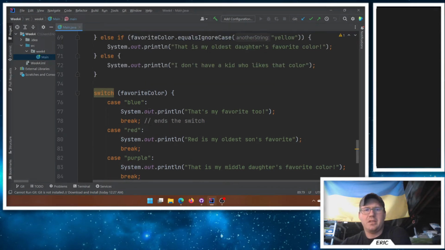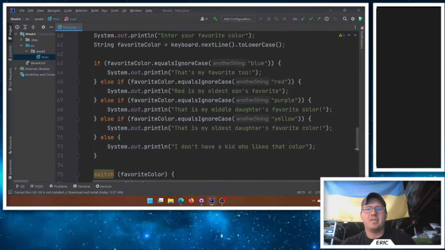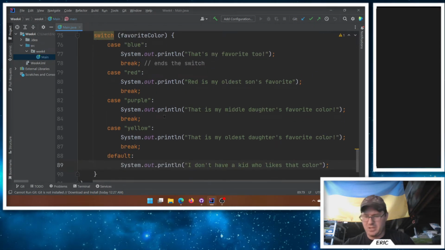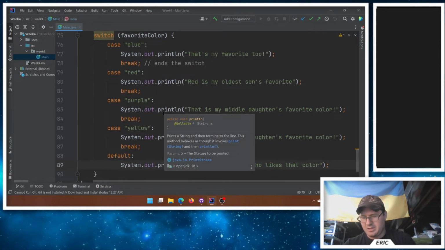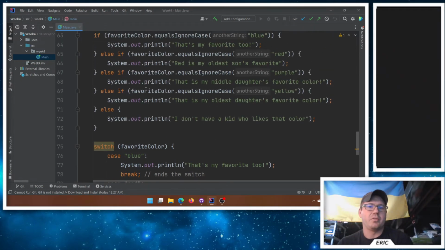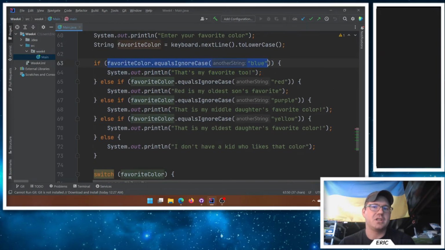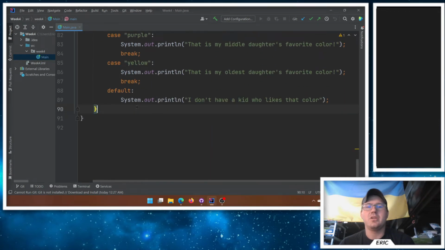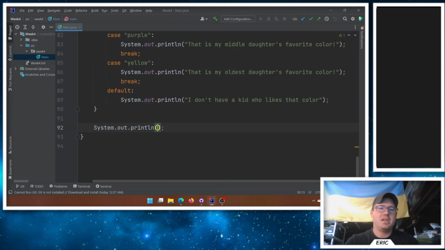Now this is fine. There's not necessarily anything wrong with this. It might look a little easier to follow, I suppose. It's not too terrible, but it's hard to do things that are more complex, like with ranges. So if I were to have some sort of range with some logical operators here, it's not going to do any good. So if I were to say, hey, enter your favorite number,